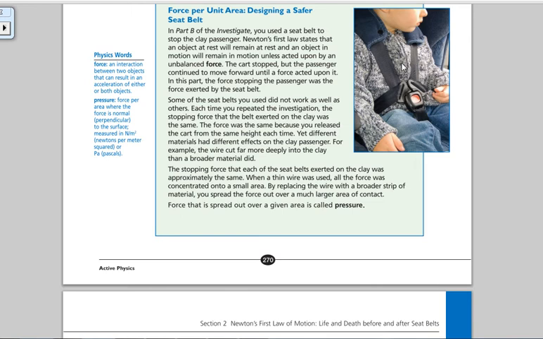And so you can see the little kid here, he has a seatbelt. It's a 5-point harness seatbelt, and it's covering a pretty big area on his body. Alright, and so that means that a great force can be exerted over this large area without there being a whole lot of pressure. Okay, now imagine that this thing was a wire rather than big old straps like this, and if you got in an accident, the wire would have such a great force that it would cut into the child, or much worse. Okay,